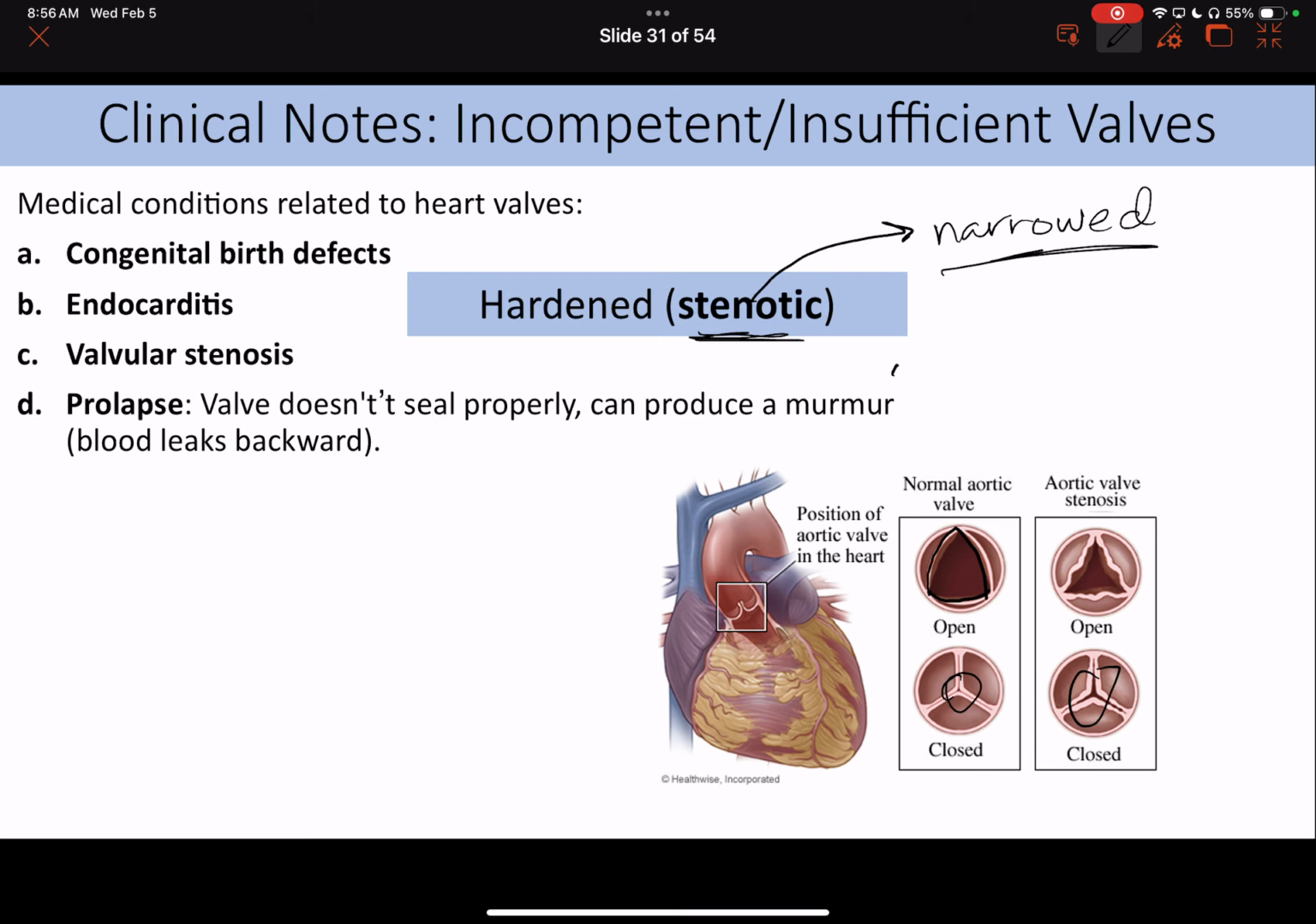And so when the valve doesn't close properly, that's called prolapse. And when the blood does backflow, that can produce a murmur. So